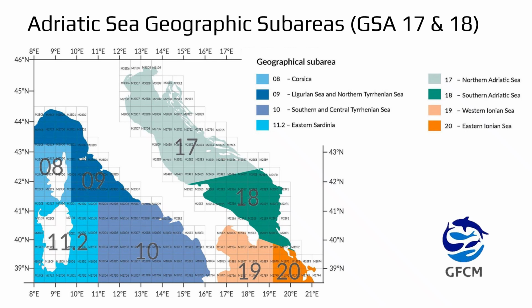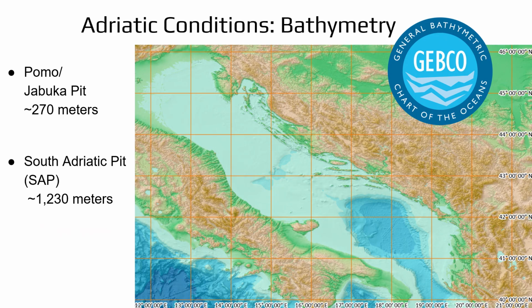The Adriatic Sea is composed of these two areas in green, GSA 17 and GSA 18. It's a relatively shallow and oligotrophic, or nutrient-poor, basin with two notable bathymetric features. While most of the coastal shelf extends quite far out into the basin, in the middle Adriatic we see the Pomo or Jabuka Pit, which reaches a depth of about 270 meters. In the southern Adriatic, there's a notable bathymetric feature called the Southern Adriatic Pit at about